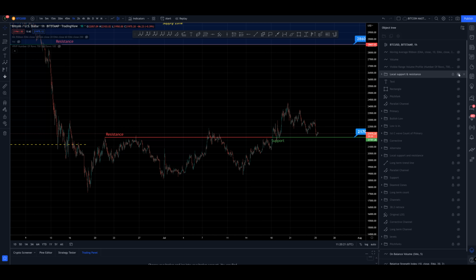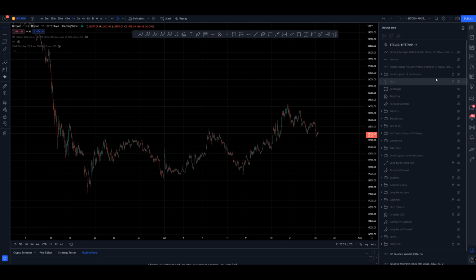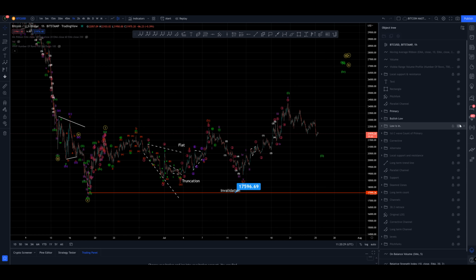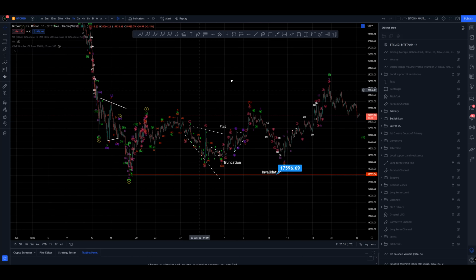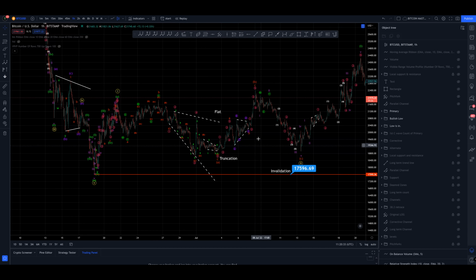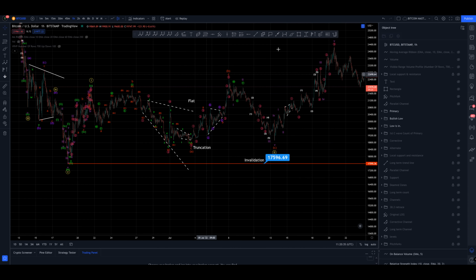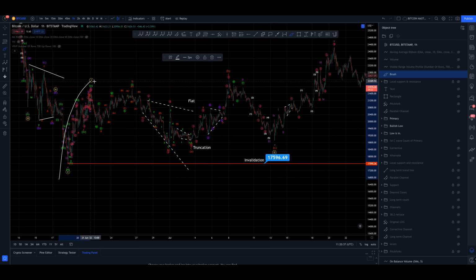Now let's come in to the actual low itself and try and talk our way through what we've got here, and it's not pretty. Okay, it's just not. So let's go with the support for the primary count at the moment, with the idea that it's a bullish low. Now I've had to bully this quite severely. I can get an impulse off of the low. I can do that into 1.